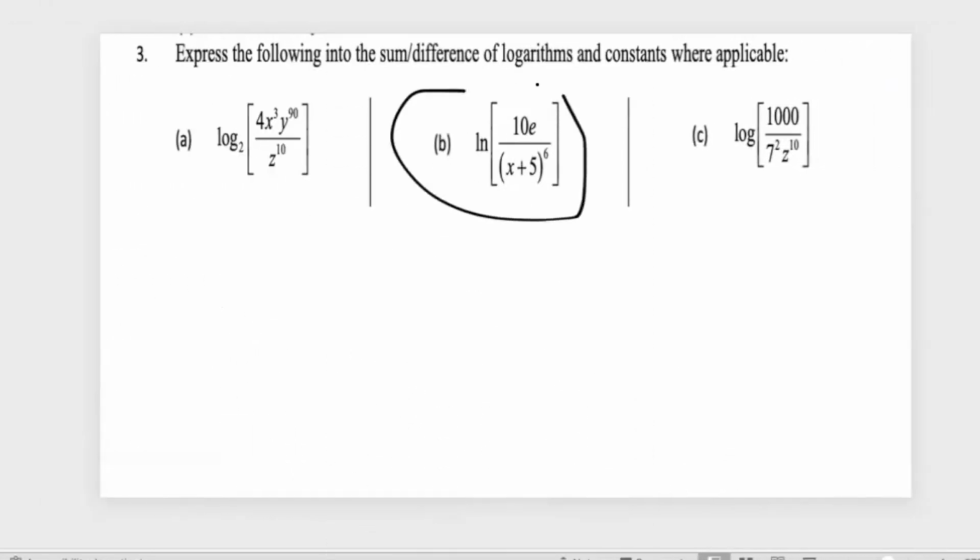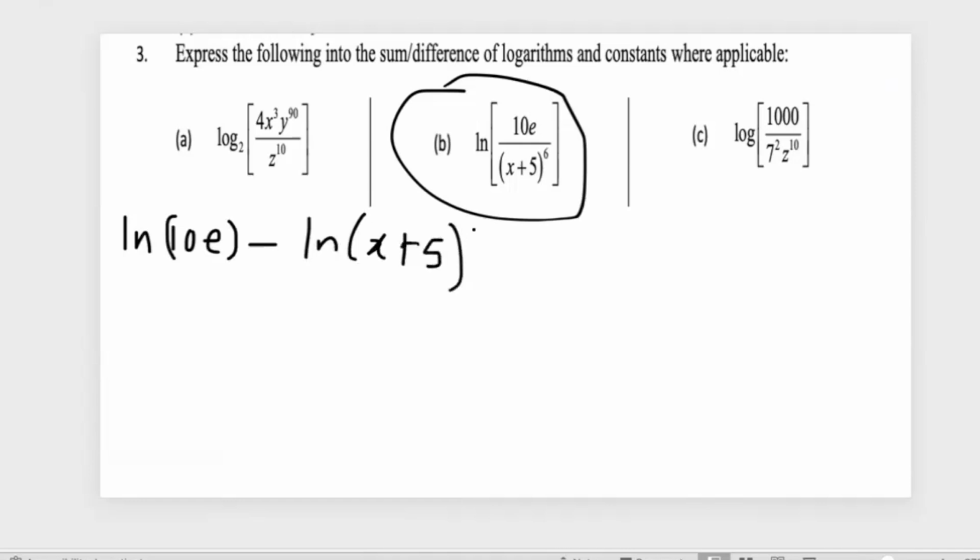Now for b, we have ln 10e all over (x plus 5) to the 6. So once again it is division, so write it as subtraction. So I'm going to have ln 10e, which is in the numerator, minus ln (x plus 5) raised to the